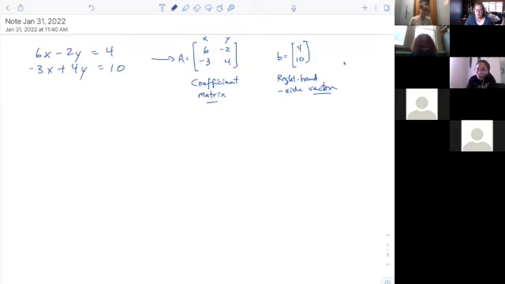Now, when we're solving a system of equations, especially early on, we will